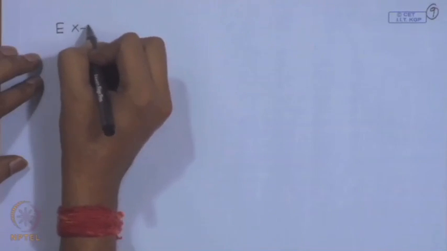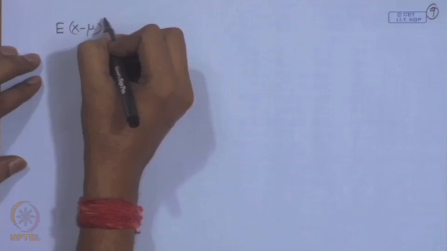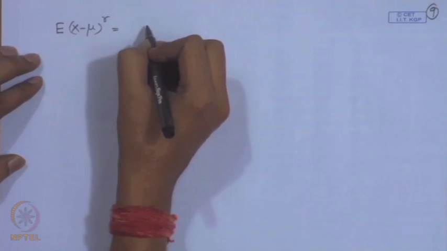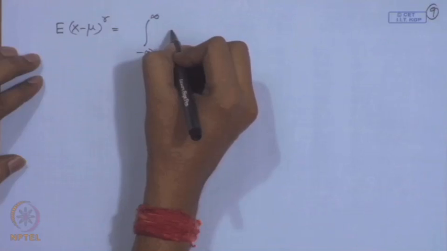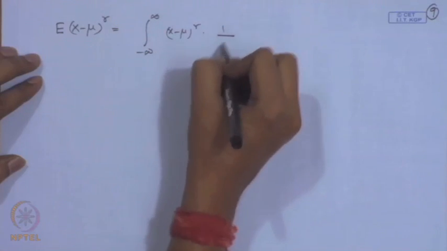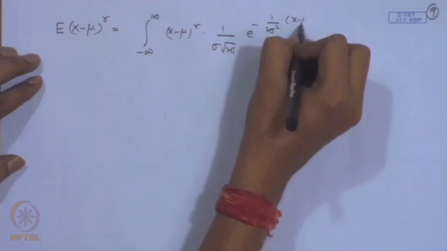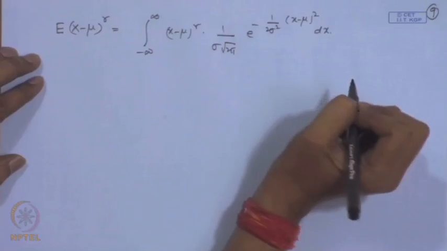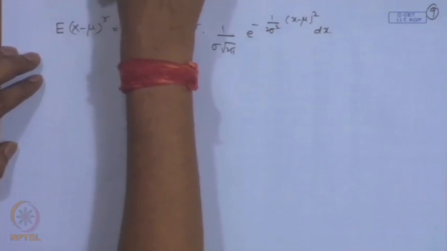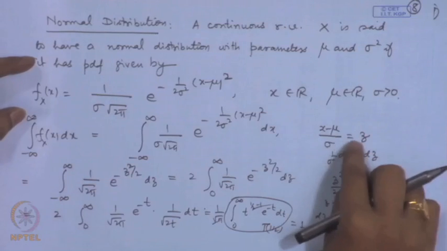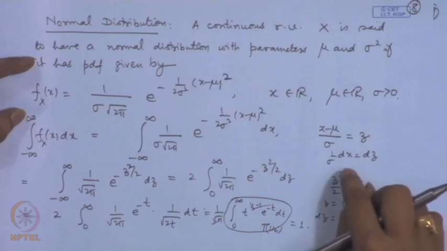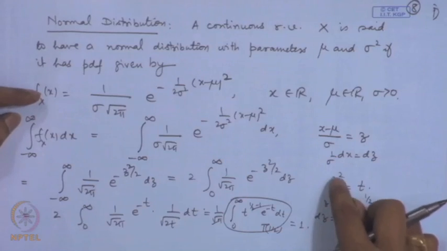Let us consider expectation of (x minus mu) to the power r, then that is equal to integral of (x minus mu) to the power r 1 by sigma root 2 pi e to the power minus 1 by 2 sigma square (x minus mu) square dx. Now, I will not be considering this transformation again and again, I will be just substituting this value, that is (x minus mu) by sigma is equal to z and 1 by sigma dx is equal to dz and then z square by 2 is equal to t. So, if we carry out this transformation,